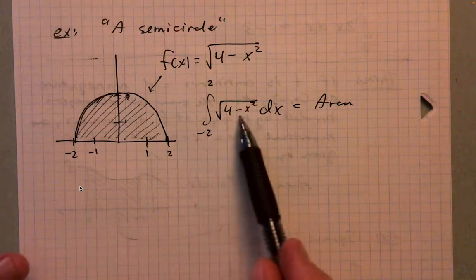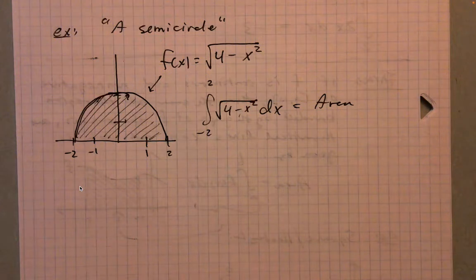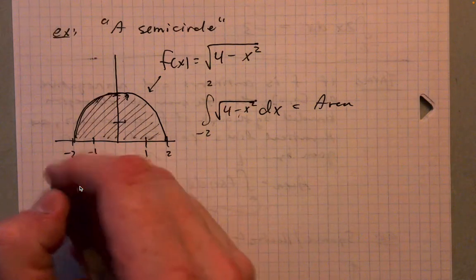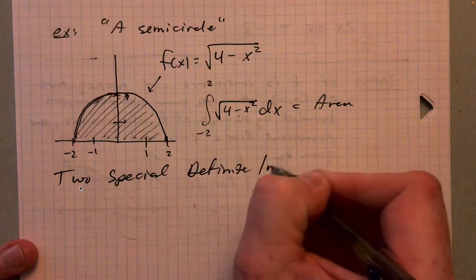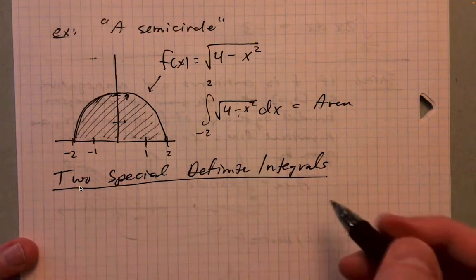How we go about actually calculating these things, we'll get to, don't worry. But before we do that, let's iron out a few properties of integrals and a couple of special integrals. Next time, I believe, we'll get into the fundamental theorem of calculus and start actually calculating these integrals efficiently, without having to resort to the limit as the partition goes to 0 of the Riemann sum. So, two special definite integrals to look at. The first one,